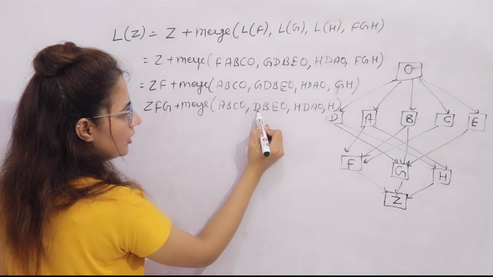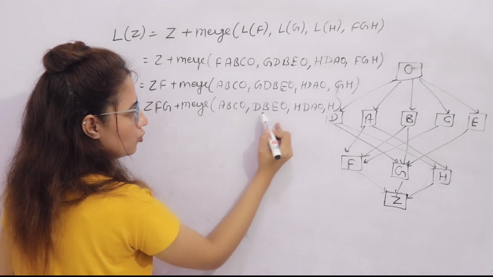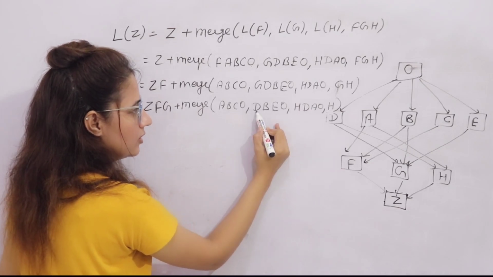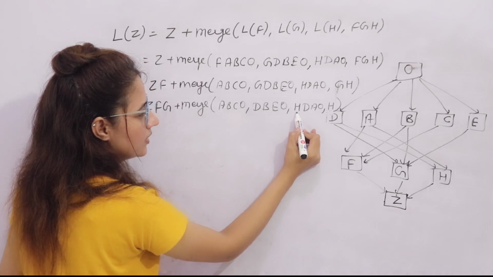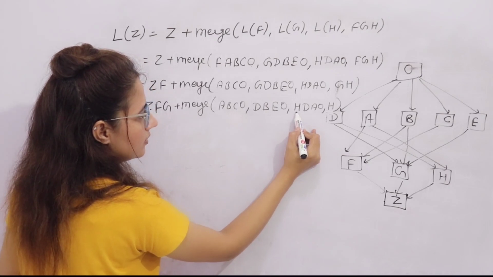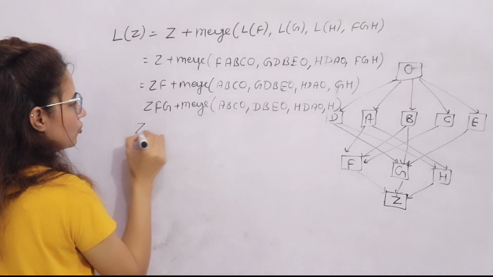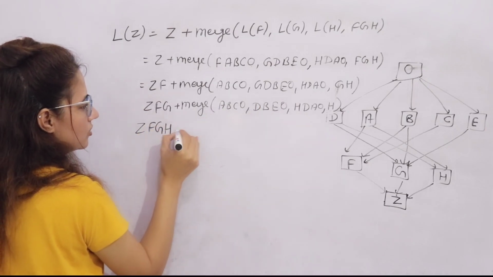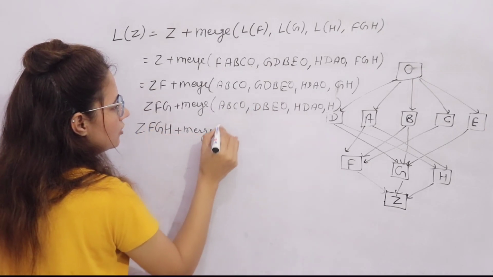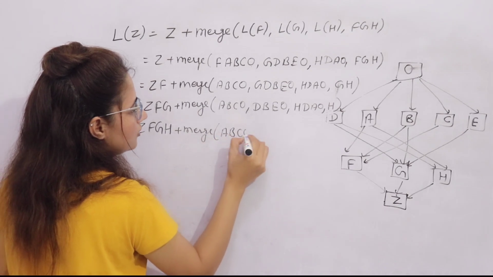So is D present in the tail of the other list? Yes, D. So D is not a good head. Okay, switch to the next list. Now consider H as head. Is it present in the tail of the other list? No. So it is a good head. So Z F G H plus merge A B C O,